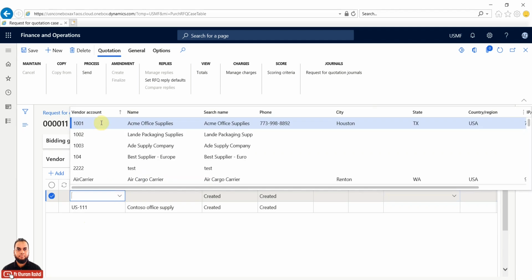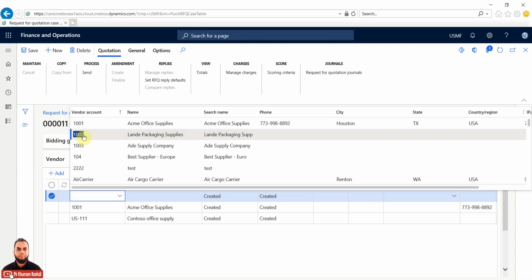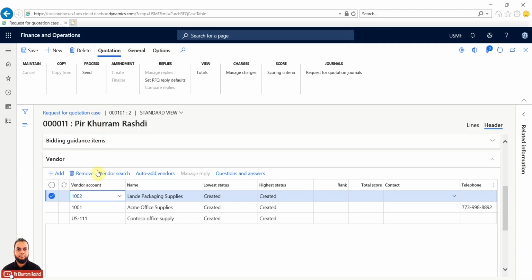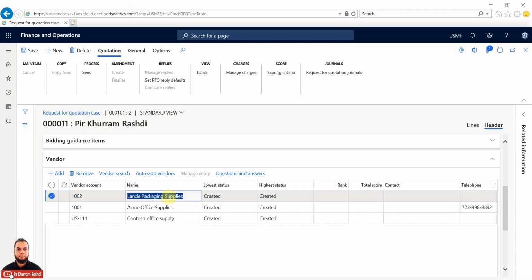For example, I will select this ACME office supplies, and then I will add another vendor. So there are now 3 vendors selected in our form, and once these vendors are selected, then you can see